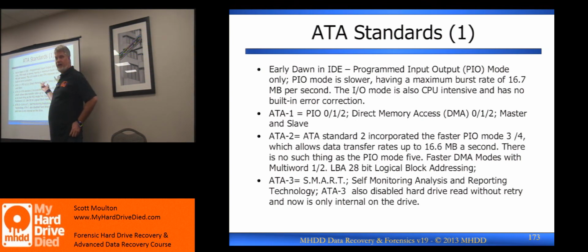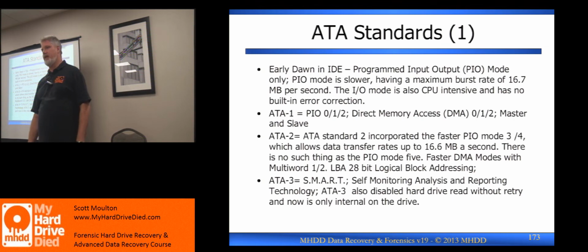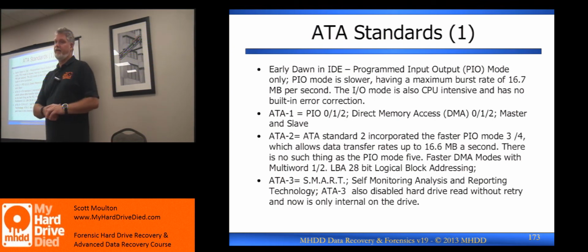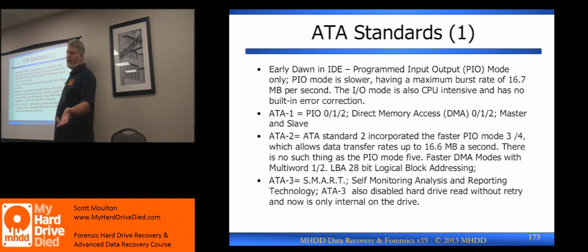So they actually said, I swear there's a transcript somewhere for this meeting, that you are too stupid to have a jumper. That's what they said. So that was immediately the thing that said, well, we're going to get rid of this whole support cost, because they had to have people answering the phones just because you couldn't figure out where the jumper goes. So they removed the jumper. They're now hard-coded for master or slave. You can still put master and slave on the same chain. You just have to be an OEM or a manufacturer and make it that way. You can't buy them that way. You have to know what you're buying. So that's why there's no jumper anymore. That jumper is now used for speed and for technology stuff.